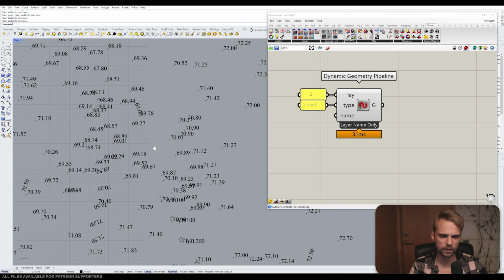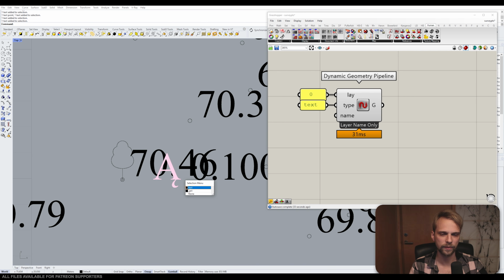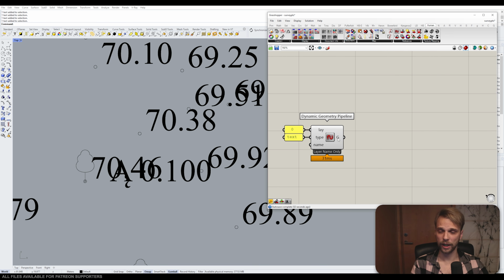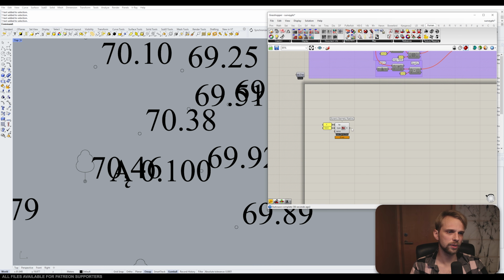There it is. There we go. Stuff like this, we don't want this, right? This is bad, so we need to remove this. And the way to remove this, we need to do a bunch of checks. So the first thing that we do is for this text, we need to separate it